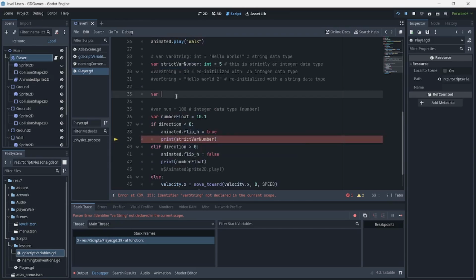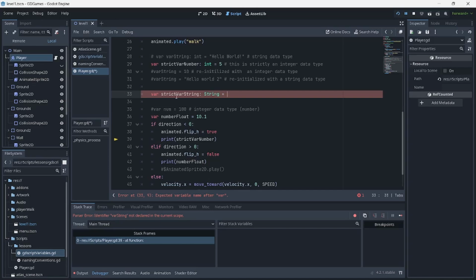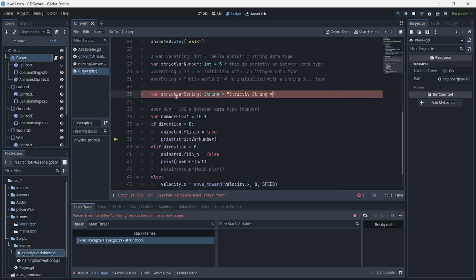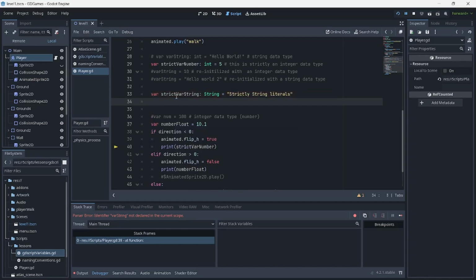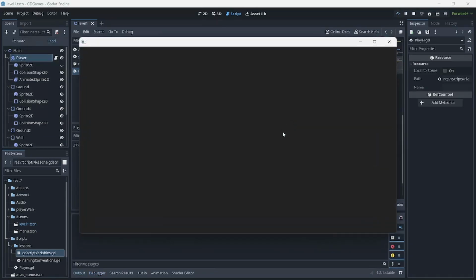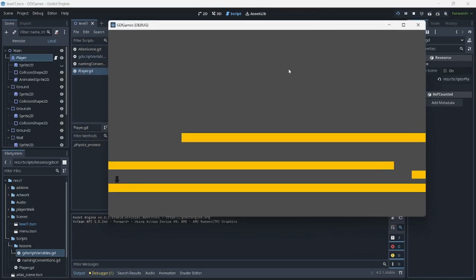And in here we can say that this is going to be strict var string. So that means we can follow the syntax here, and string is assigned the value of strictly string literals. Okay, and will that work? What would happen if we put that there? Are we going to run into any error? I forgot to stop that. Let's try, and Godot's not stopping us. And in here it's going to be number 5, right?